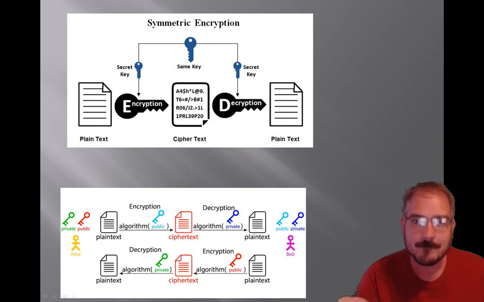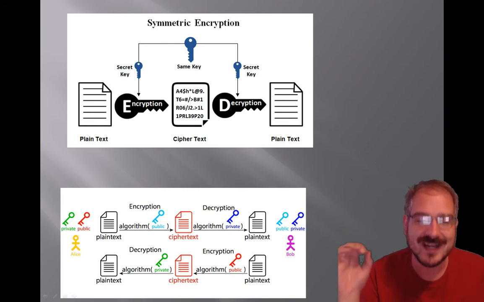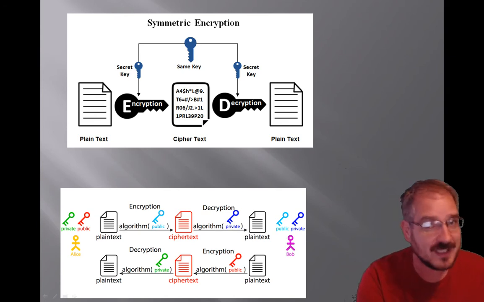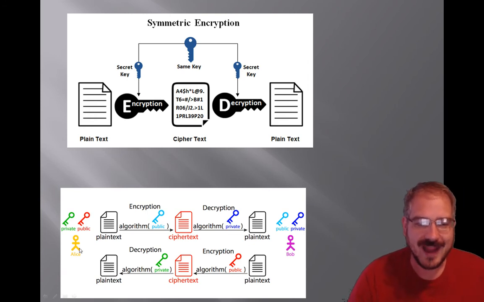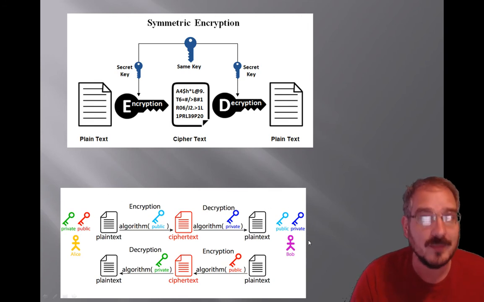Now, the way this works is if you encode or encrypt a message with one of the two keys, you can only decrypt it with the other. Now, look at this chart. Alice has a private key and a public key. Bob has a public key and a private key. They want to communicate without either knowing the same secret key, right? So in symmetric encryption, both sender and receiver have to know the same secret key. With asymmetric encryption, nobody knows each other's secret keys. They only know each other's public keys.